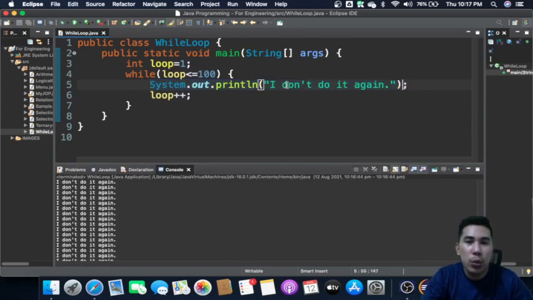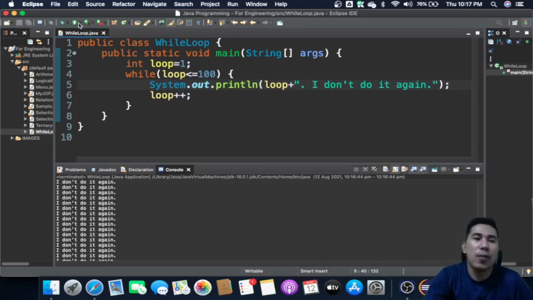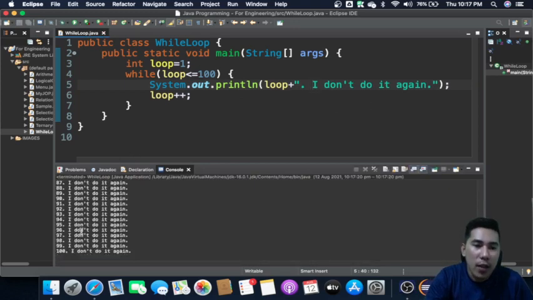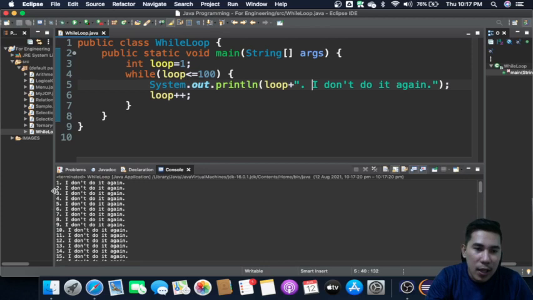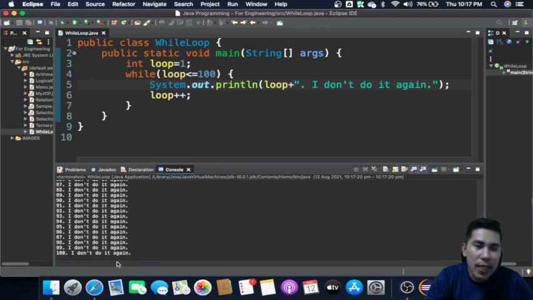If you want to show which line it is up to, you can do something like that. So we have one, I don't do it again, two, I don't do it again, until it reaches 100.